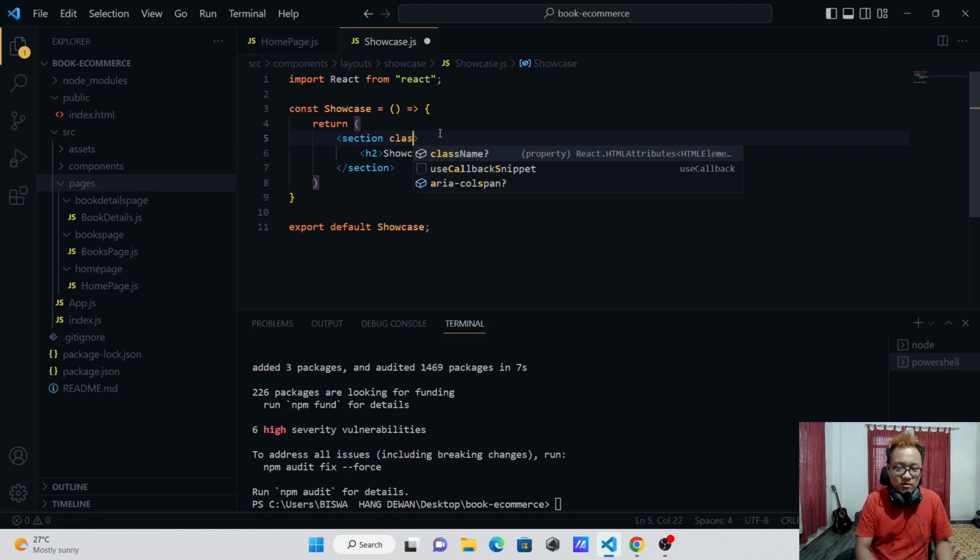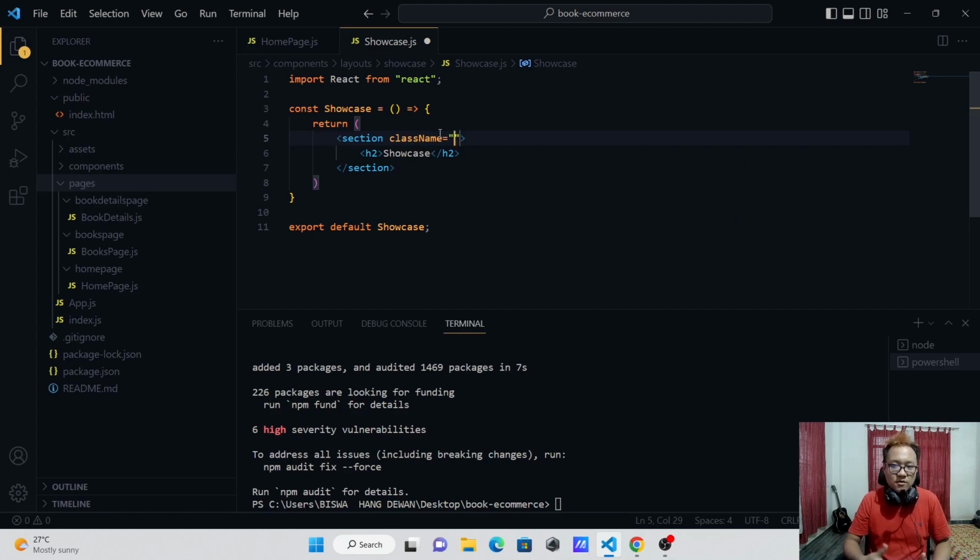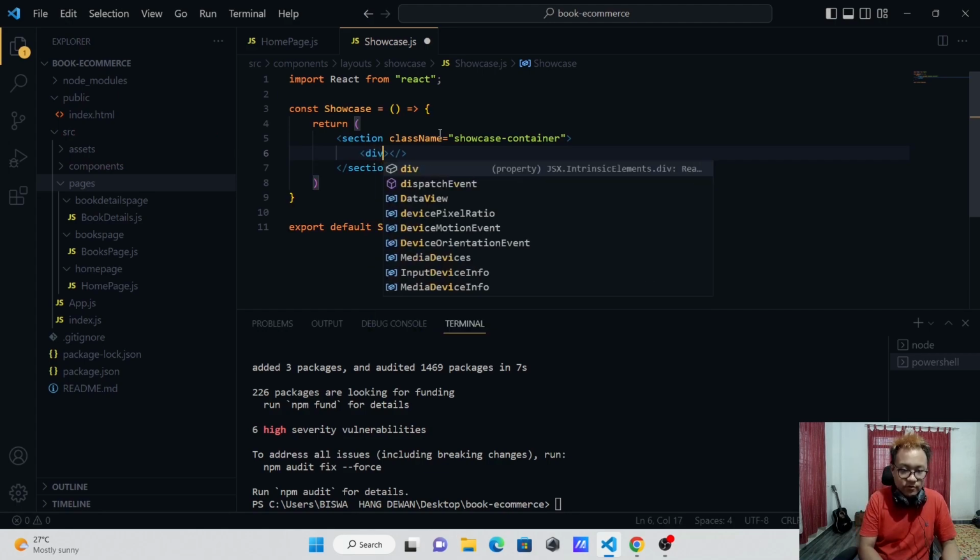Let's just add a class name here. So we're gonna say className, and in JSX you add className instead of class. Okay, so let's add a className of showcase container, and this is going to be our main showcase container. And inside of it I want to have a div,